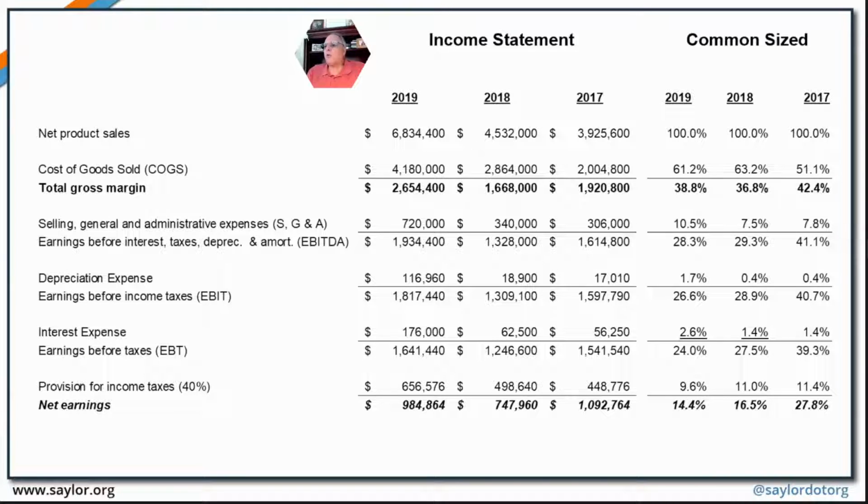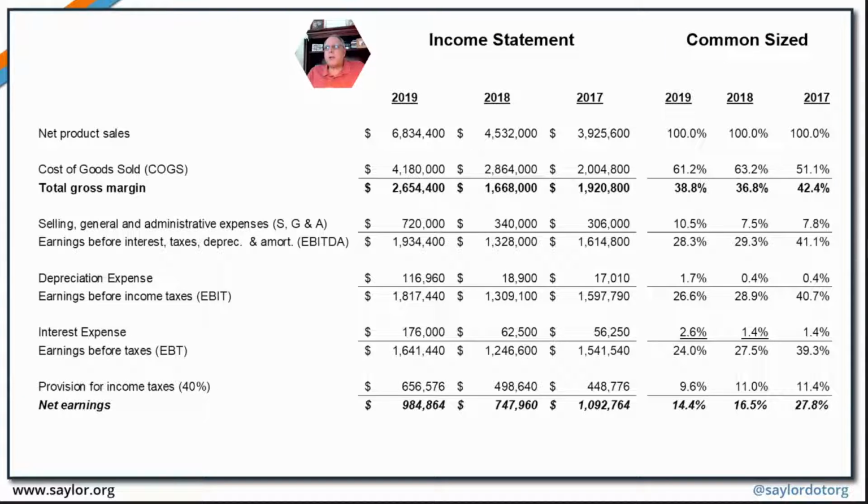So if we look at that cost of goods number, note that in 2017, cost of goods was 51% of revenue. Now, what that means is that for every dollar of revenue that came in, we spent 51 cents on parts and labor. In 2019, that increased to 61 cents. Question is, why? Now, it could be that we've actually provided for this. We could have been informed of increases coming in from our key suppliers. We built in those price increases. Then the question might be, if we're doing those increases, should we have perhaps considered increasing prices to account for the difference? Whatever the reason,